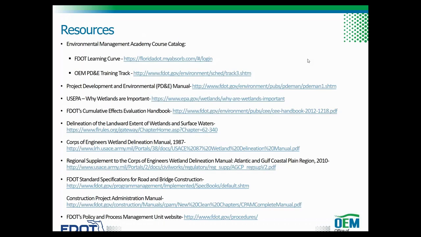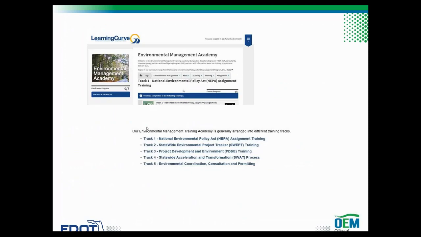The Office of Environmental Management maintains a central library of training materials as well as documents and publications including manuals, handbooks, guidelines, and agreements. Key references pertinent to this training include the Environmental Management Academy course catalog, which is in FDOT's Learning Curve. This is what it looks like in Learning Curve. The Environmental Management Academy course catalog is also available through the OEM PD&E training track at